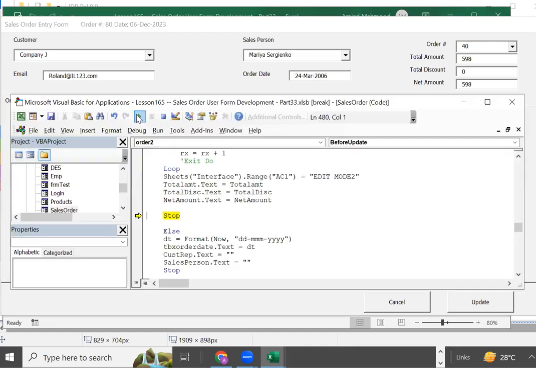So this time, you see, it has rightly calculated the total amount, the discount was 0, net amount is 7. Okay, so this is the one thing which we have achieved today,